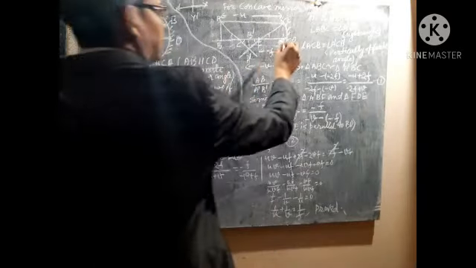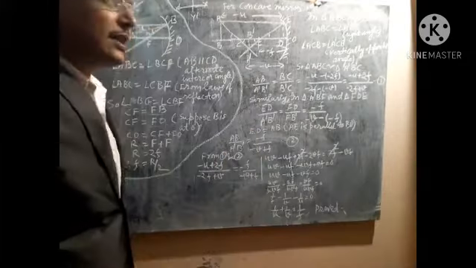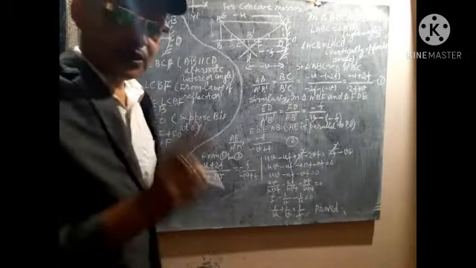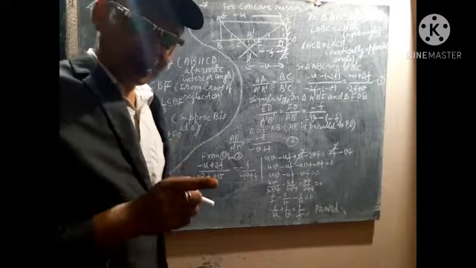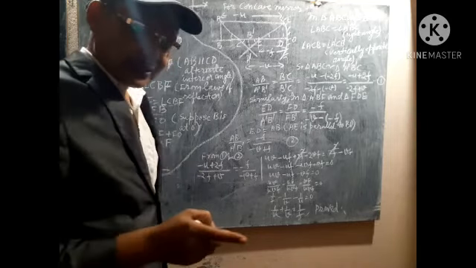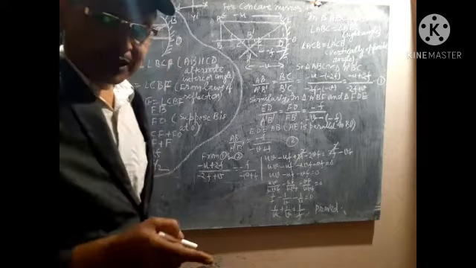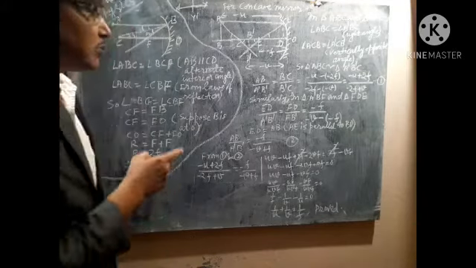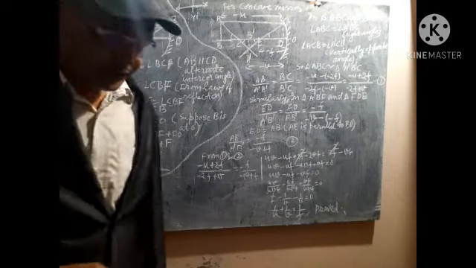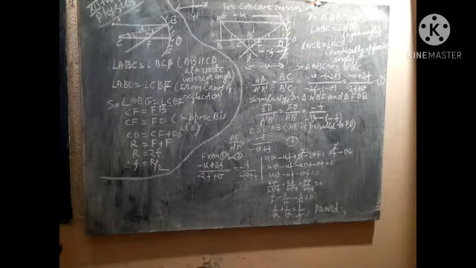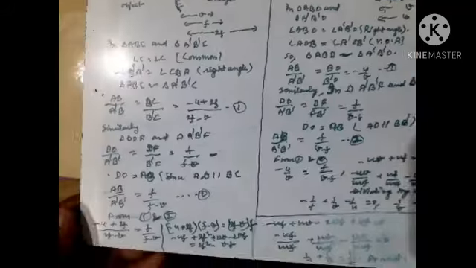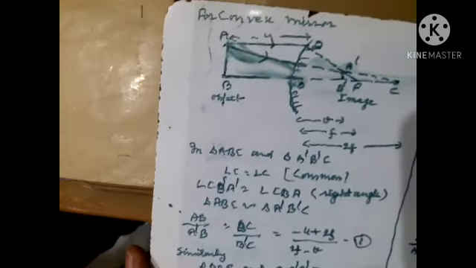Here one thing you have to note. If this is the optical center, in this case this will be the origin. The center will be the origin, and at that place you have to choose a Cartesian system. In the x direction it will be positive, and in the opposite direction it will be negative. You adopt all these conventions and then you are able to make the formula. Okay, try to understand. Now the next thing we want to discuss is the mirror formula in case of a convex mirror.